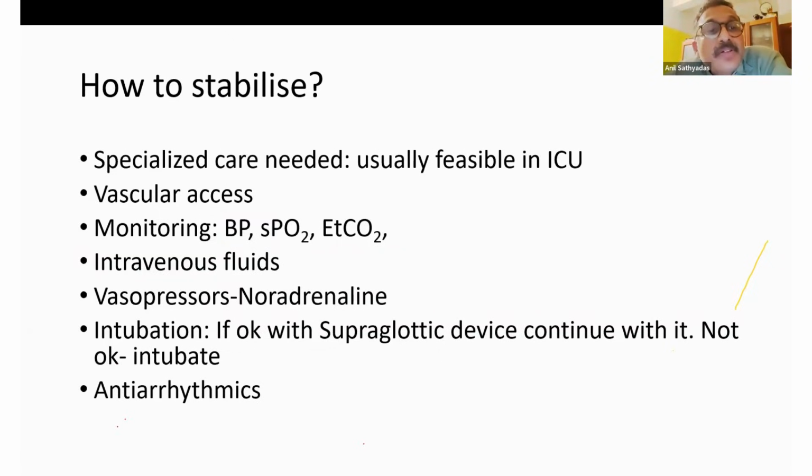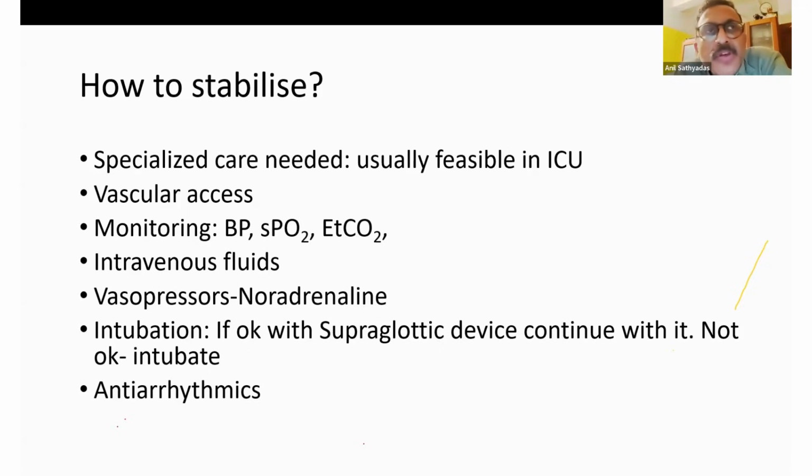So to stabilize, you probably would be having an IV line. And because you always need very constant monitoring and specialized care, you have to shift the patient to an ICU. Monitoring all the basic monitors as well as ETCO2, and advanced monitoring might be needed depending upon the status of the patient. You can give IV fluids to stabilize the patient even after cardiac arrest. The patient might be hypovolemic. Vasopressors, any kind of vasopressor you can use, again depends upon the hemodynamic monitoring. Noradrenaline would be preferred most of the time. And if it looks more like cardiogenic shock, you might think of adding dobutamine if the BP is not very low.